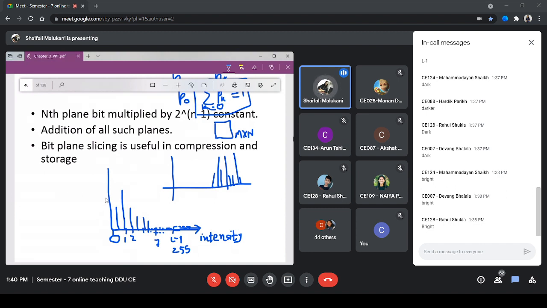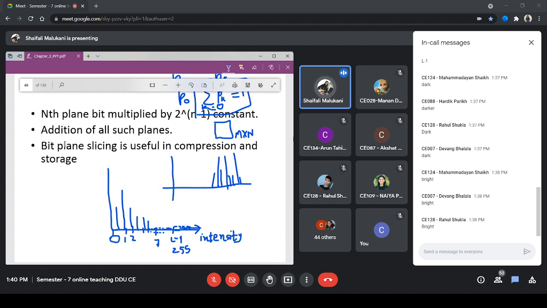How will the machine decide that an image is darker or brighter? It will check that the number of occurrences of zeros and nearby intensities is more, which means the image is darker. That's it, simple. Otherwise, all the numbers are the same for the machine. So if you want to go for automation, you can decide in that way, but ultimately you're working on the histogram only, on how many times a dark value occurs. That is what the use is.